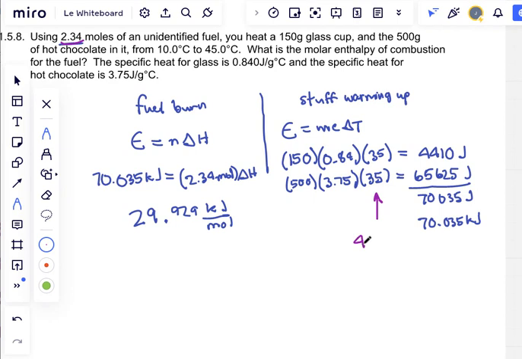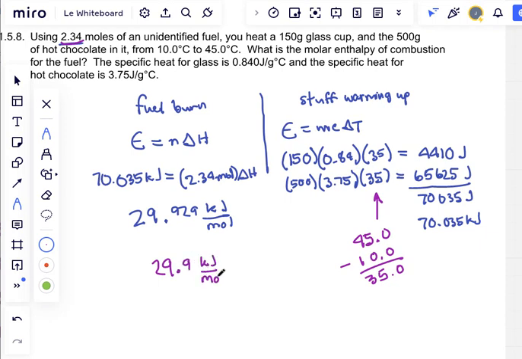Really, if you do 45.0 minus 10.0, the difference is 35.0. So 3 sig digs there too if we're accurate about it. So it looks like we're good to give 3 sig digs in our answer, and so we would say 29.9